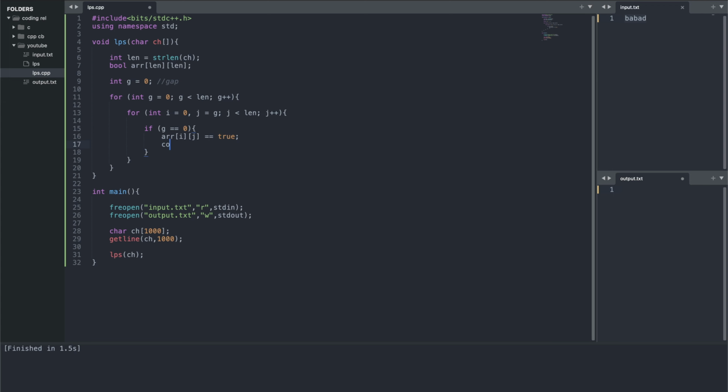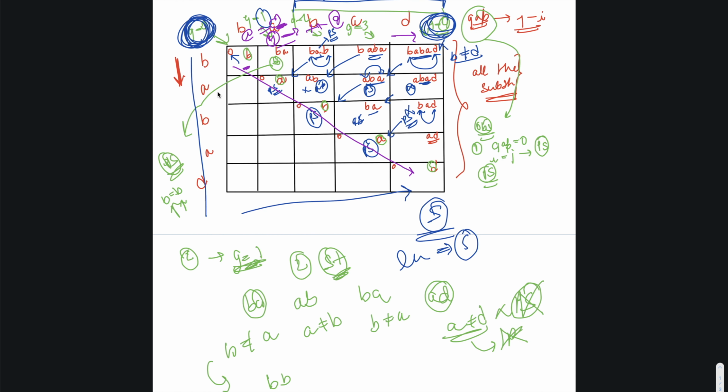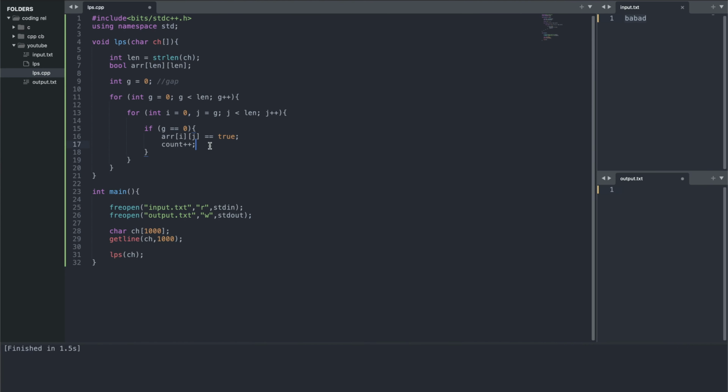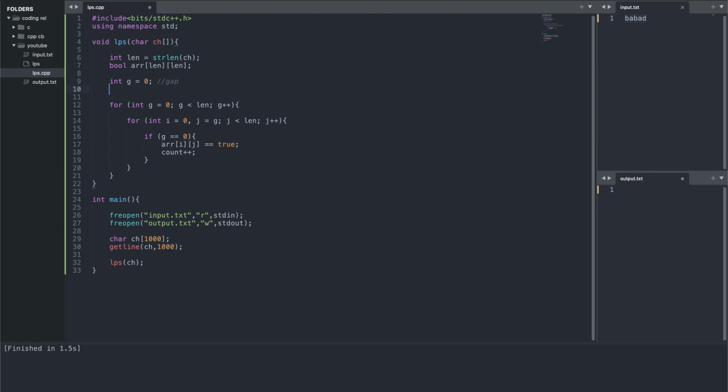All right, and we will increase the count. So what is count? Count, we have to find the number of palindromic substrings. So whenever we get a palindromic substring, we will make that box true, and we will increase the count. So we have to make a variable count which has the value 0.